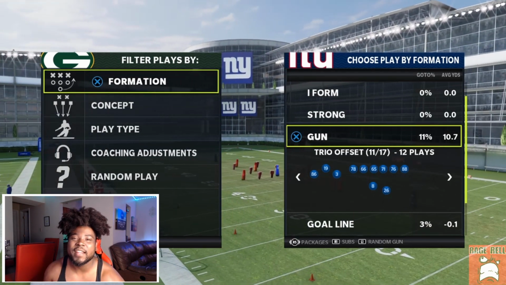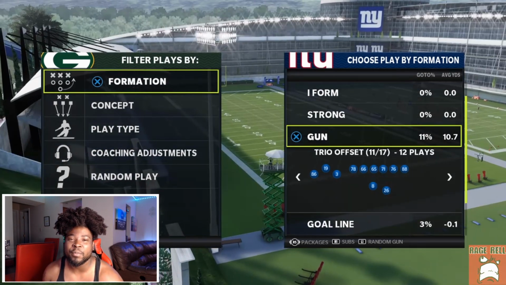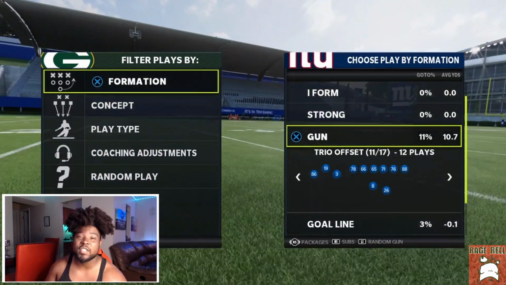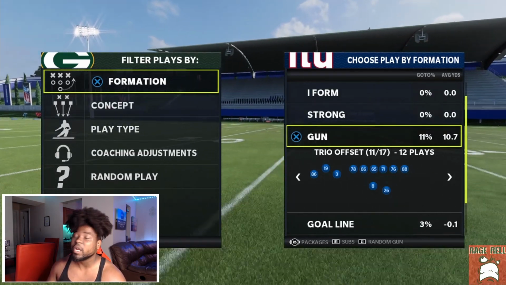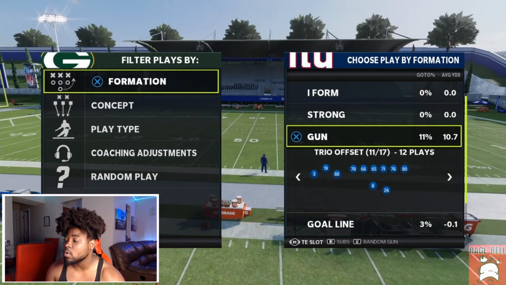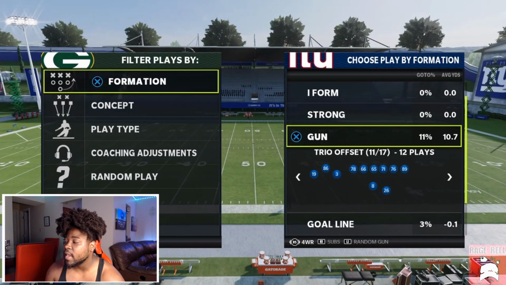So we are in the Giants offensive playbook. Again, we're in the Giants offensive playbook. Now, just because we're in the Giants offensive playbook doesn't mean that's why I chose the Giants. I really do think the Giants is an excellent team for this scheme right here, and this is going to be the trio offset. Now, the key to this scheme is making sure that you have the 4 receiver package on. So what the 4 receiver package does, it actually puts your 4th string receiver in at the tight end